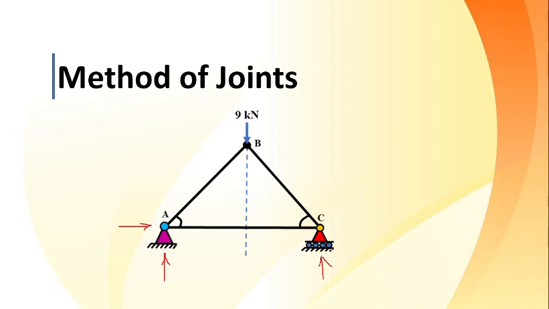Once you find out those, externally no unknown is remaining to be found out. We have found out HA, we have found out VA, we also found out VC. So externally no unknown is remaining now. I cannot say right now this is a member which I don't know, this is another member which I don't know. All these three members are carrying force, but I don't know the magnitude. But at this moment I cannot say there is a force here. Why? Because it has not yet been cut.